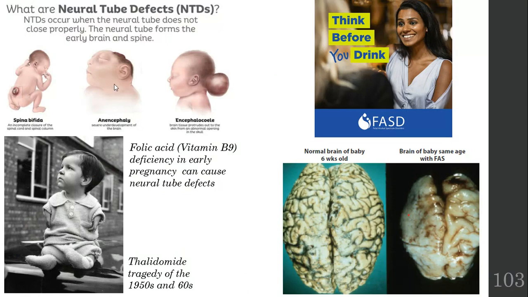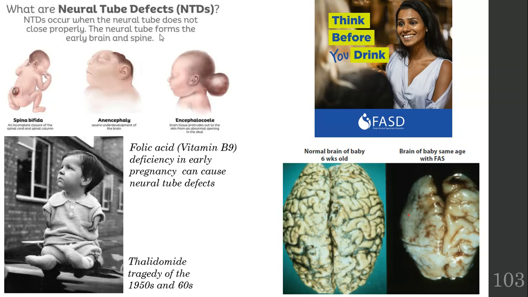Neural tube defects. Neural tube defects occur when the neural tube, which forms early on in that embryonic period, okay, right after gastrulation, we have something called neurulation. This is where kind of the foundations for the brain and spinal cord are formed. Things like folic acid. So folic acid is a vitamin that's really important in the closing of this neural tube. So pregnant women that might not get enough folic acid in their diet can have some of these problems with neural